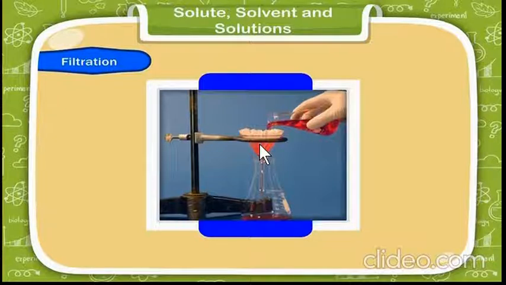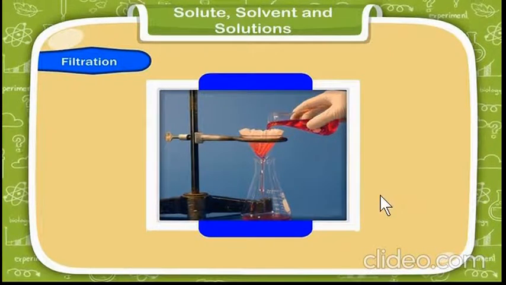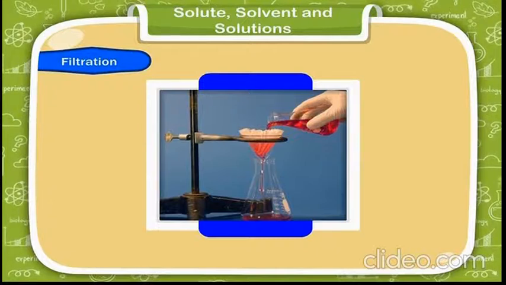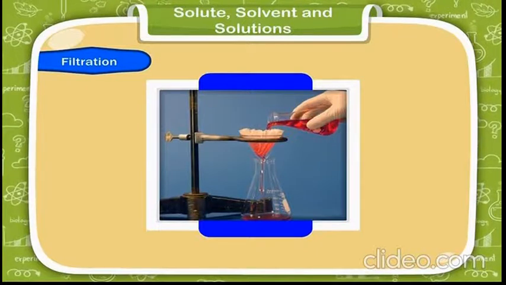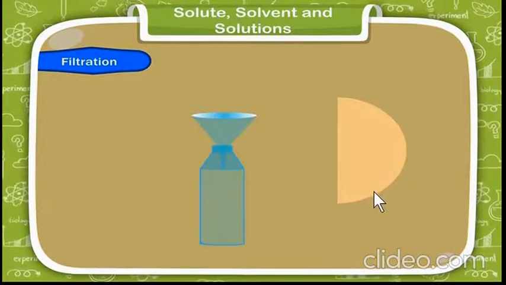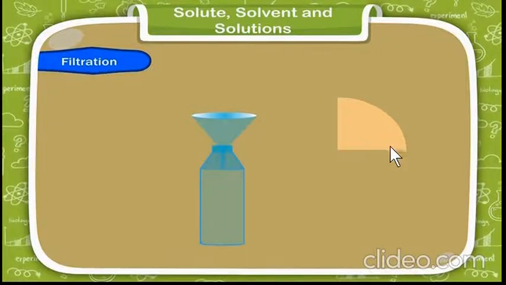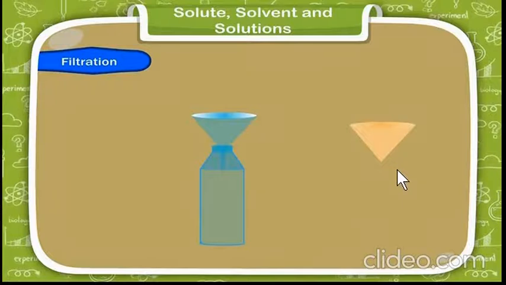It has very small pores in it, very small holes, through which the water can pass but the insoluble particles cannot. The advantage of this method is that we can have all the solvent after the process. Not any of the water will be lost. So in this process, we have to take a filter paper which is usually circular in shape, like this. Then we fold it in half and then again in quarter. When we open it, it will be like a cone.